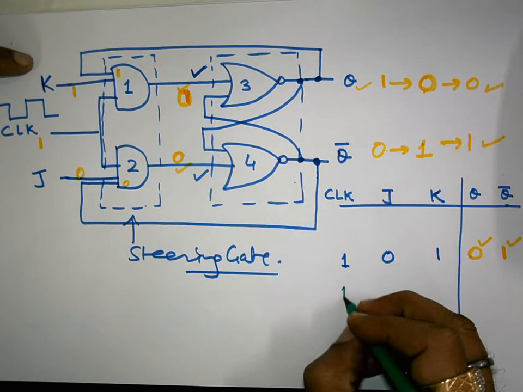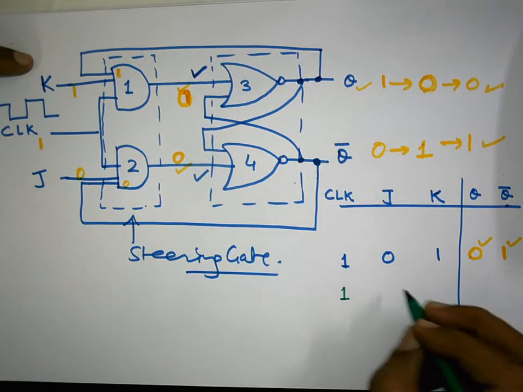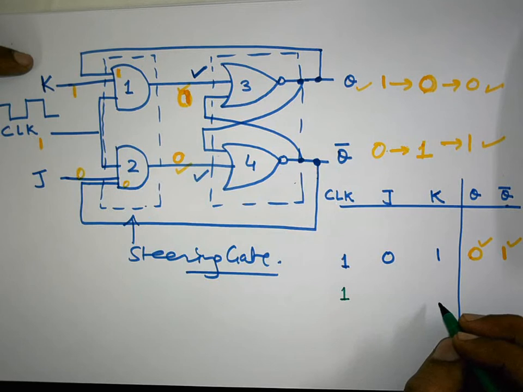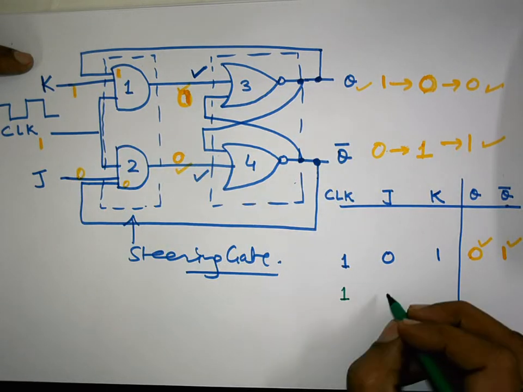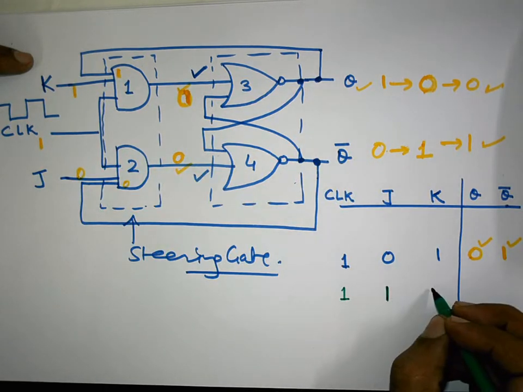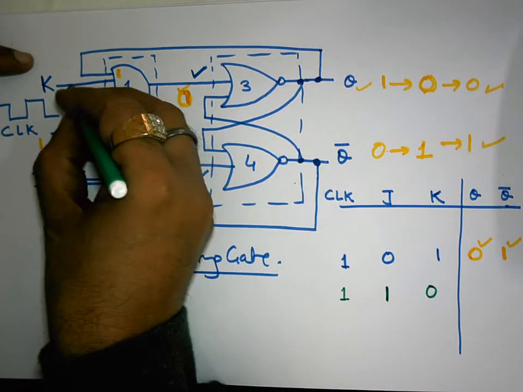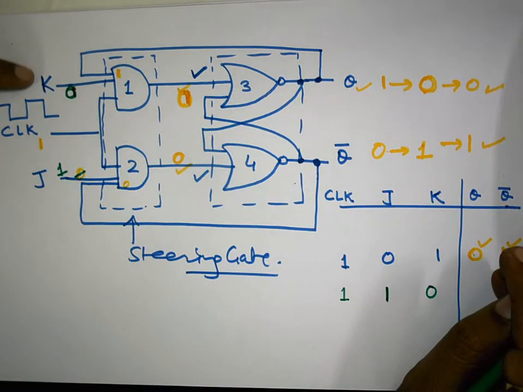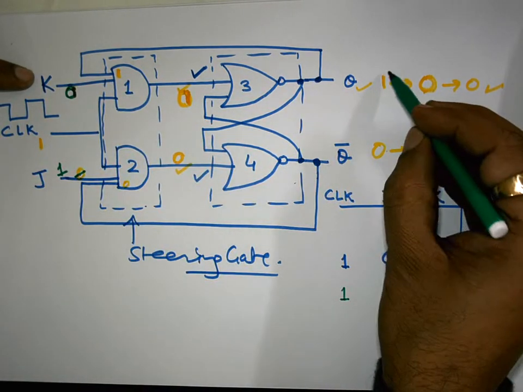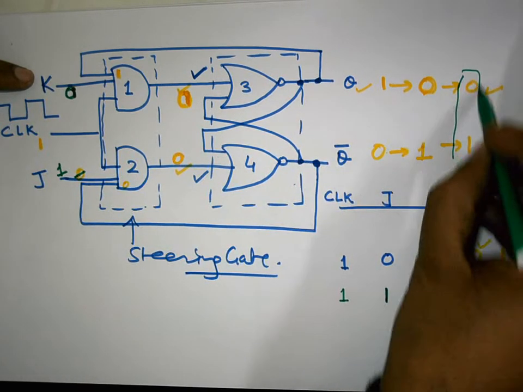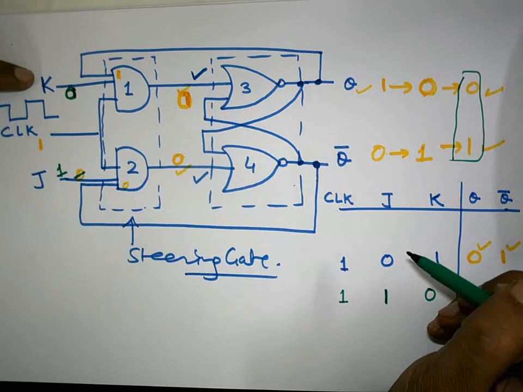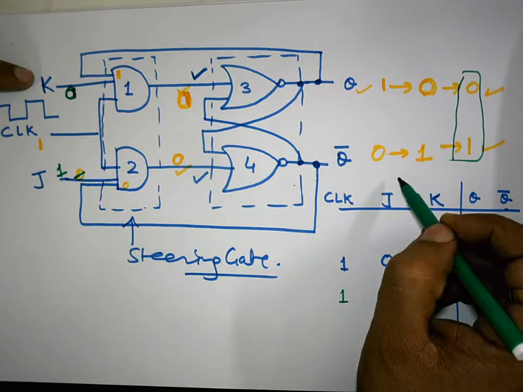Now suppose clock is 1. Any input can be entertained for processing only if the clock is 1. Otherwise the input is not entertained for any processing. Output becomes no change. Okay. So suppose J was equal to 1 and K was equal to 0. This means J is now 1 and K is 0. You can proceed by taking any of the present states. Either you take 0 1 as a present state of the circuit or you take 1 0 as a present state of the circuit.